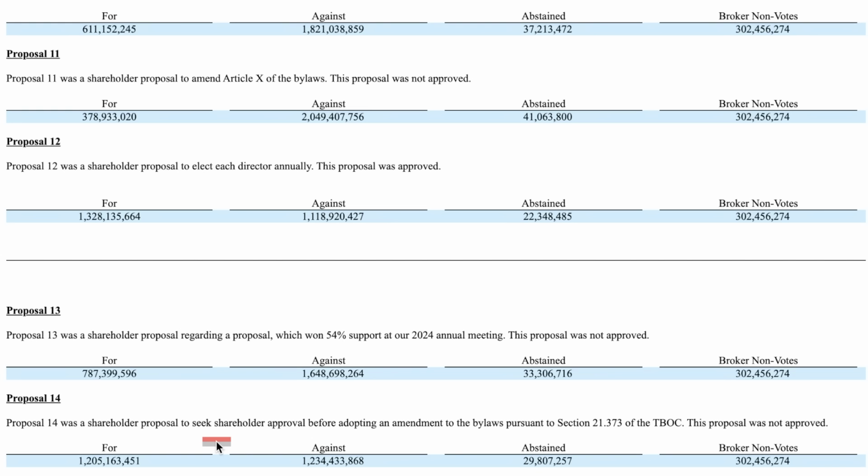And the last one I wanted to touch on was shareholder proposal 14. Now, this one was not approved, however, it was very close. In short, this proposal was requesting that Tesla has to get shareholder approval before adopting any amendments to the bylaws, specifically under part of the Texas Business Organizations Code. So basically, if this one were to be approved, it would have meant Tesla's board could not unilaterally amend the bylaws without getting shareholder consent first. And usually, as it is now, these shareholder proposals are only subject to a simple majority. So all this to say, given how close this vote was,